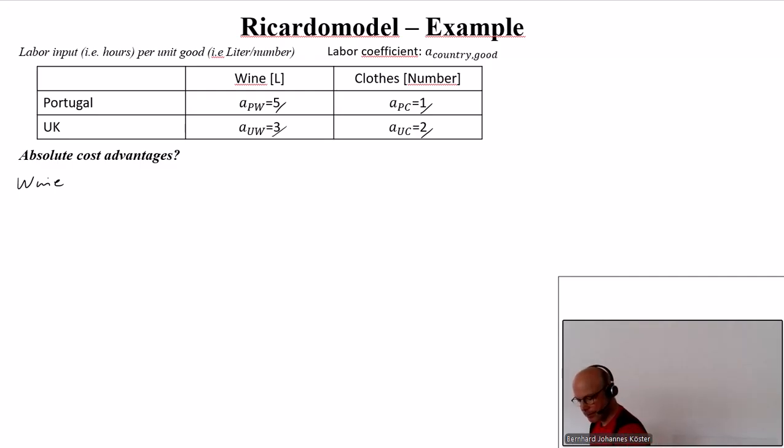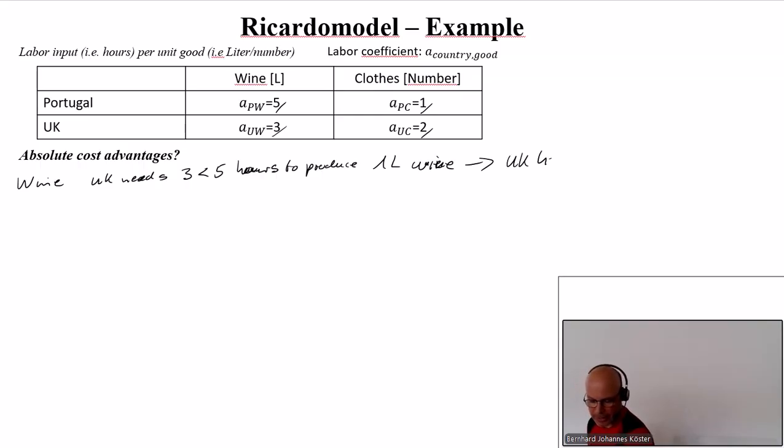UK, right. So UK needs 3, which is lower than 5 hours, to produce 1 liter of wine, and then UK has an absolute advantage in producing wine. How is it due to the numbers